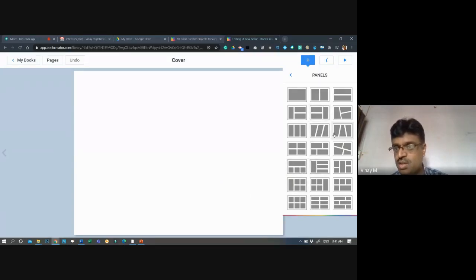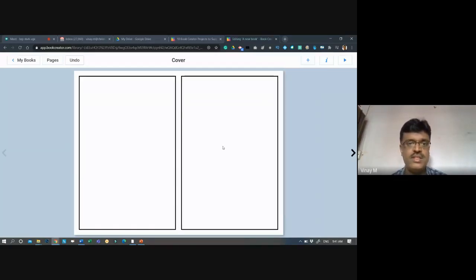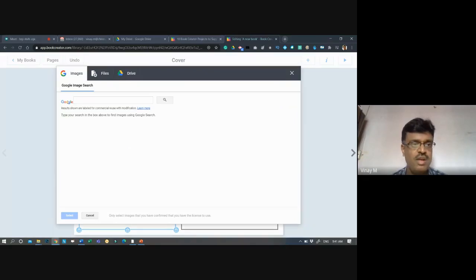Say I want two screens. Yeah, this one is good for me, or this one with 3 is good. I will take 2, 1. This is how it comes. What do these two do? Images. Click here, and you can take your photo and add it. You click on this image, and then you'll be able to search Google, and all images which come here are free, not copyrighted, so that you can use them.